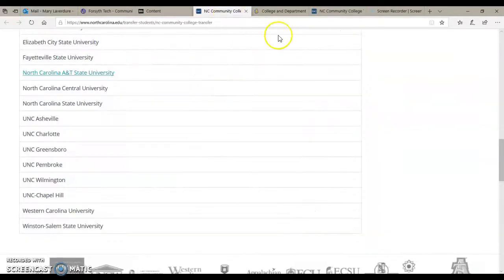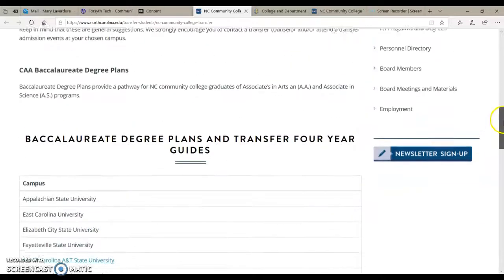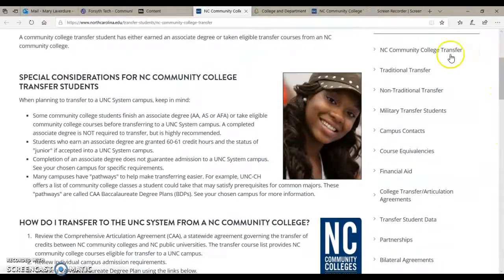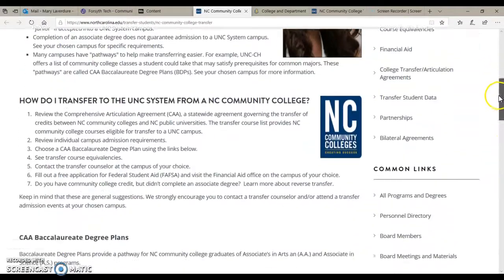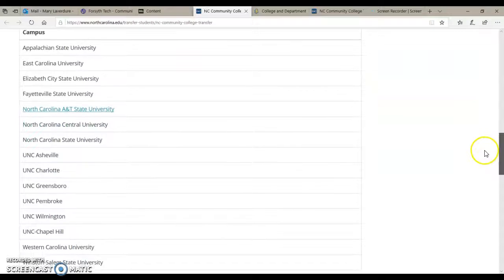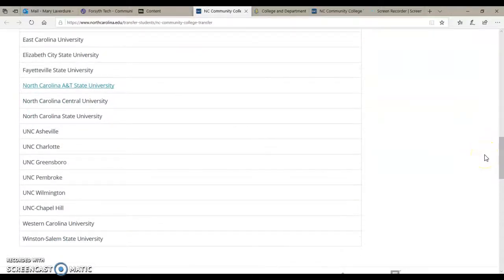We're going to go over here. I've already opened it up, and I have clicked here on North Carolina Community College Transfer and found the different links to all of our North Carolina state schools, all part of the CAA. Clicking on each of these links is all going to be very different. Not everything's going to look alike, but we're going to click on North Carolina A&T,